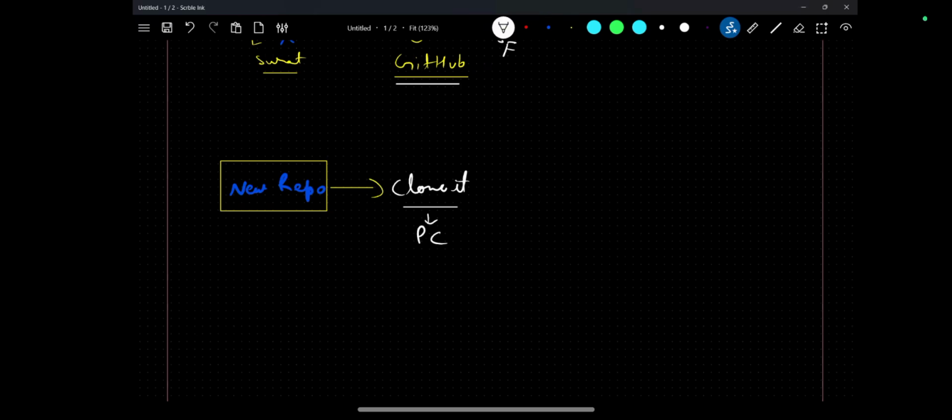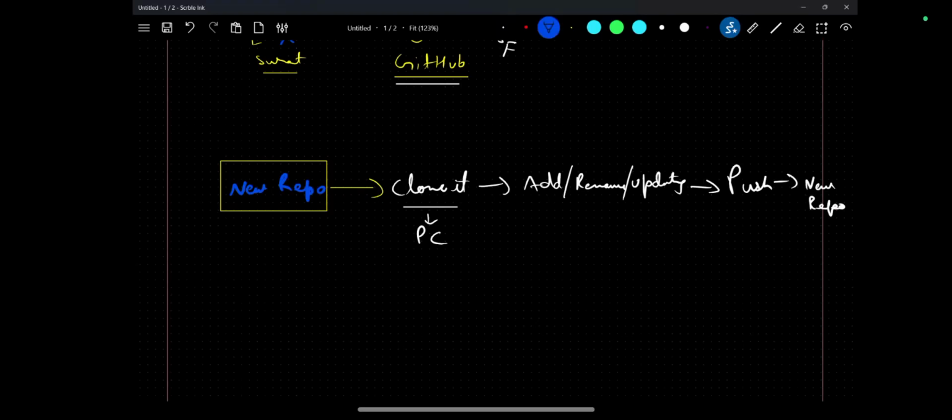Then we will make some changes, let's say adding, removing, or updating the project files, and we will push it back to the new repo that we have created. This is what we will be doing.